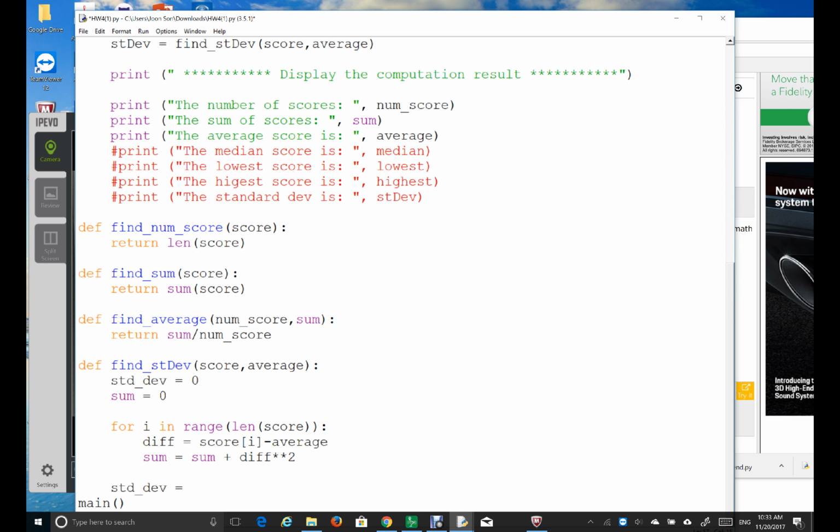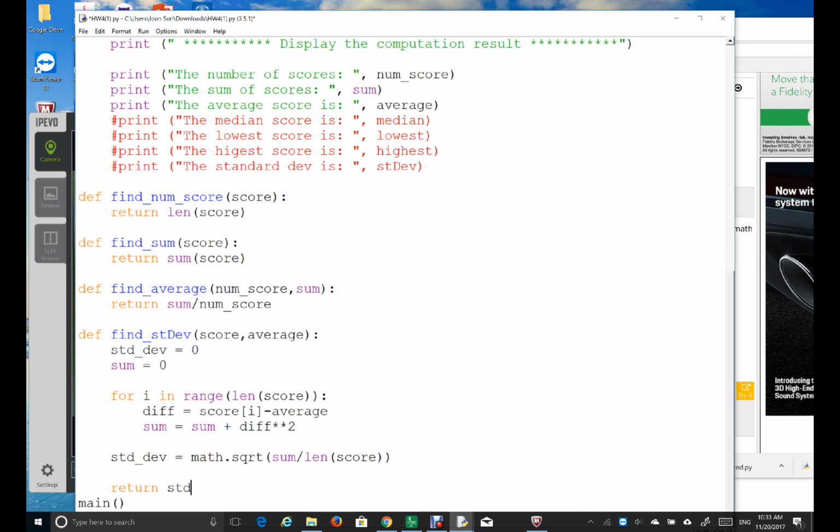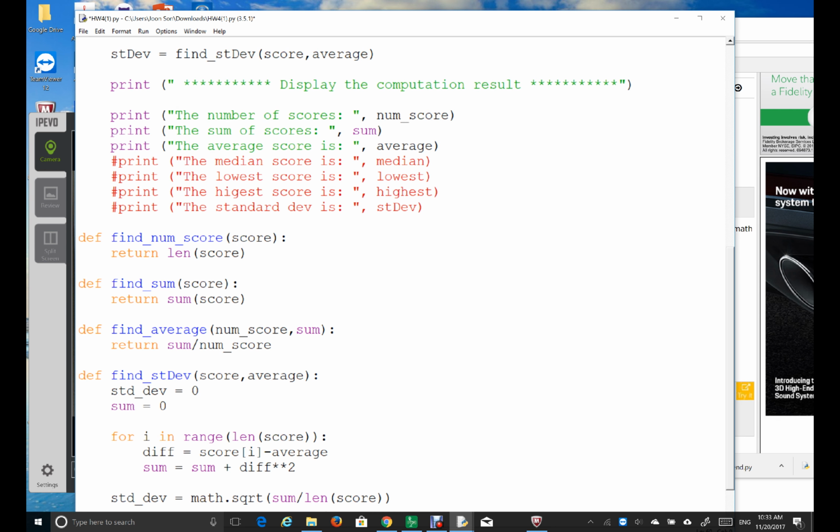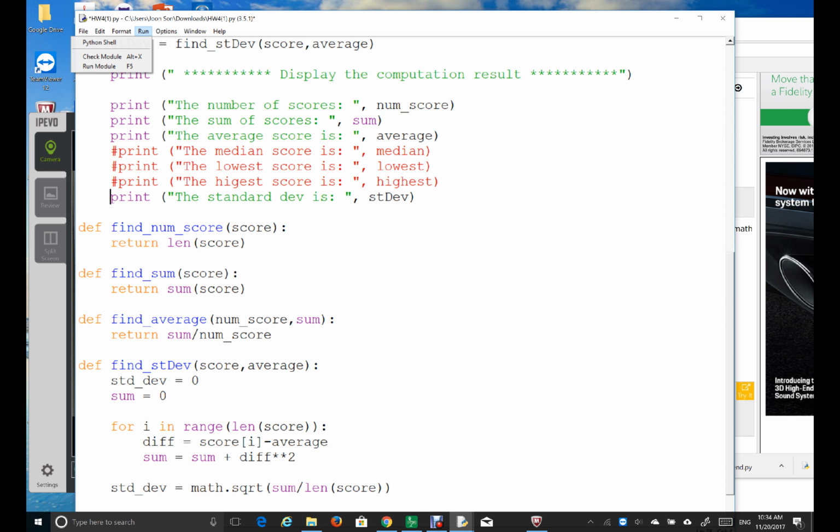Now my standard deviation is math dot square root, and the sum divided by what, length of score, right? Right. And then I'm going to return standard deviation. Okay? But if I run this first, in order to print the result, I'm going to uncomment this, right? Okay, so if I just run this,